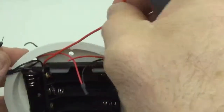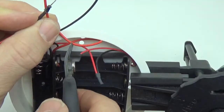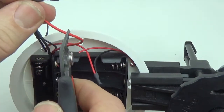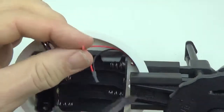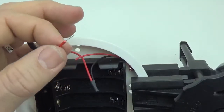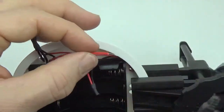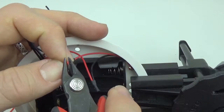And this one, from the bank of 4, that's this bank here, that's the positive rail, it has to go down and then twist back to connect. So that one gets cut a little bit longer. Oops. I mashed some of my wire there. Good thing I left it longer. I did a bad job of